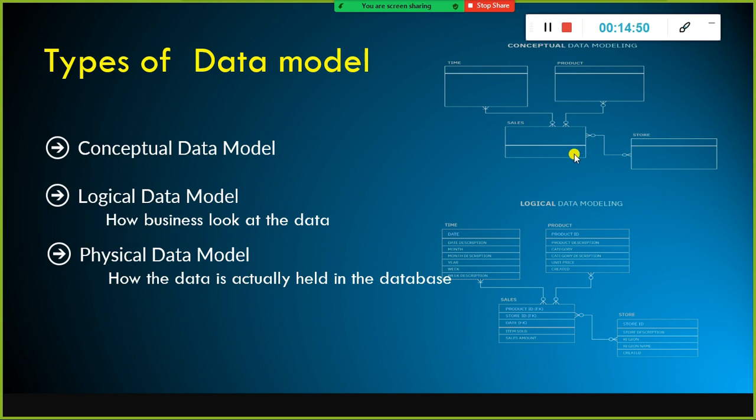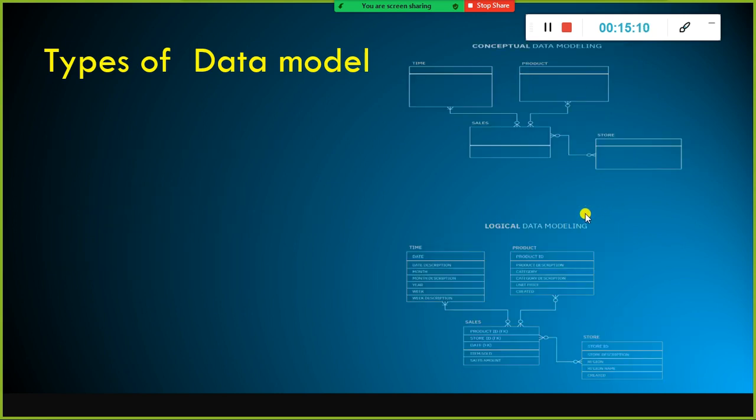And the next one is the logical data model: for each entity, what are the attributes that are required. The properties of each and every entity are nothing but the attributes we identified, the columns that are required to store in each entity. In the physical data model, we define the data type, everything.